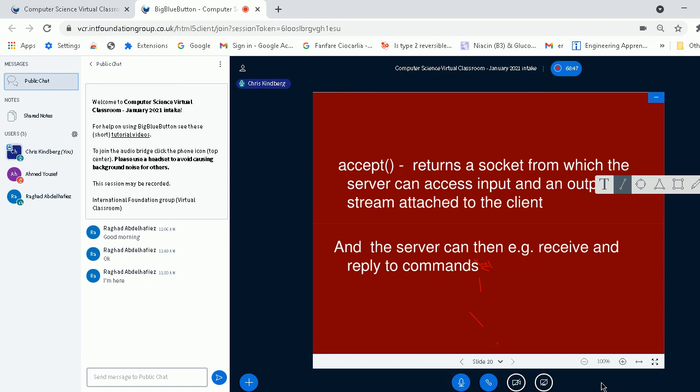All right, so I'm talking about Java, the Java programming language, using TCP, and as a consequence, using streams in order to use TCP.